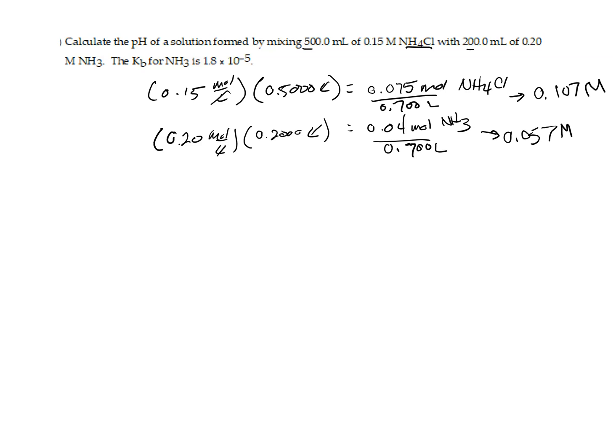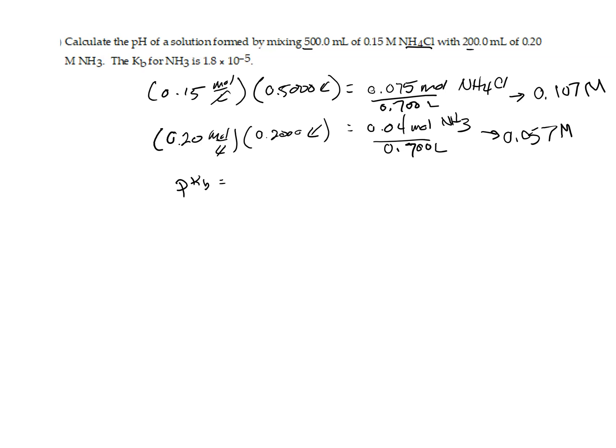We're probably going to be using Henderson-Hasselbalch again, which is pH equals pKa plus the log of the concentration of the conjugate base over the concentration of the weak acid. Now, what we don't have is a pKa. What we're given here is a Kb. So what are we going to do about that? Well, if Kb for ammonia is 1.8 times 10 to the minus fifth, we can just find pKa from that, because